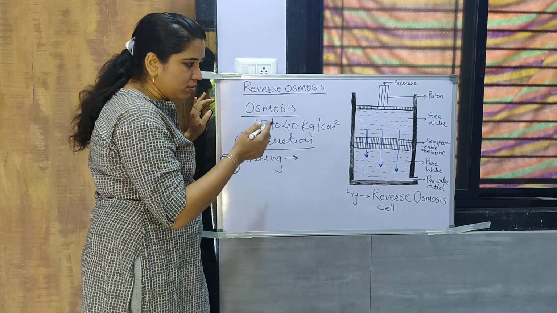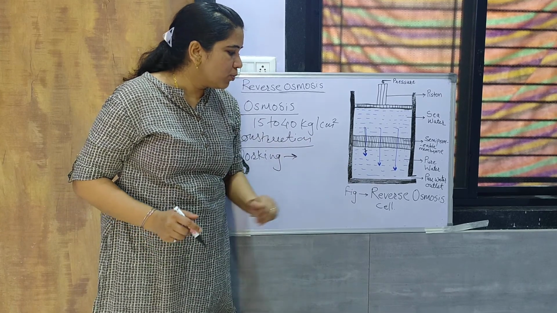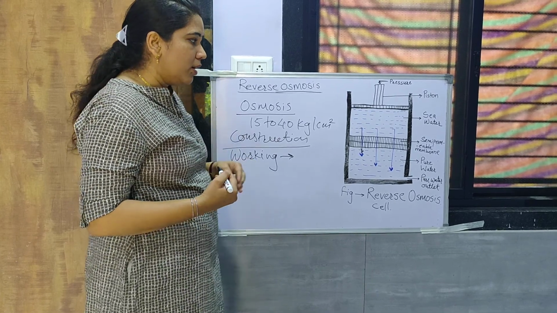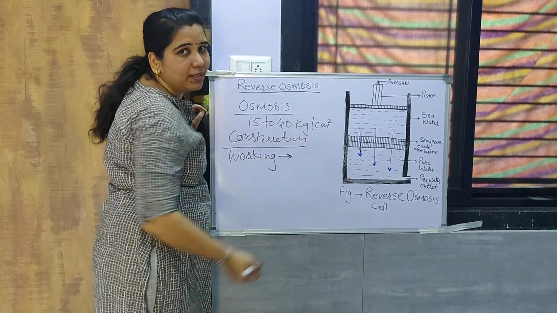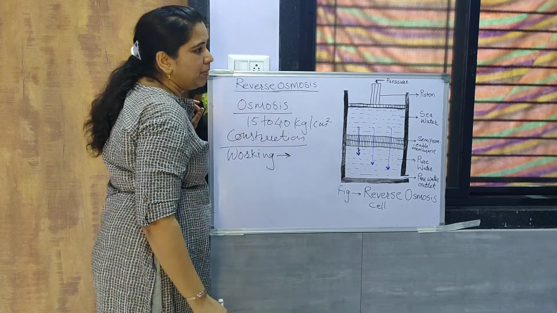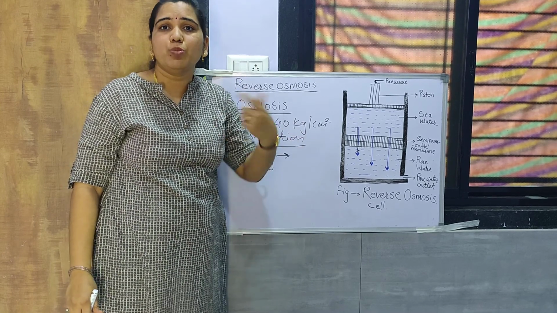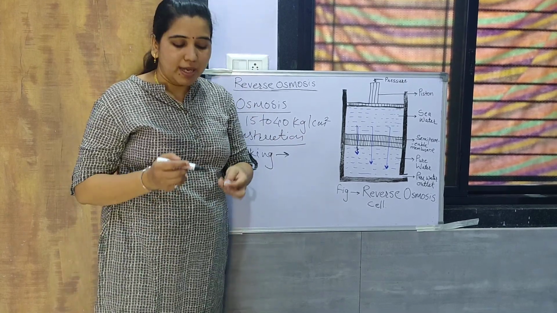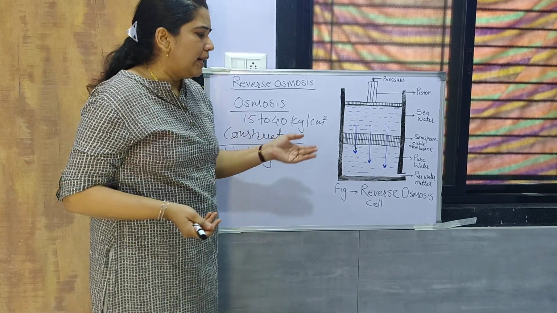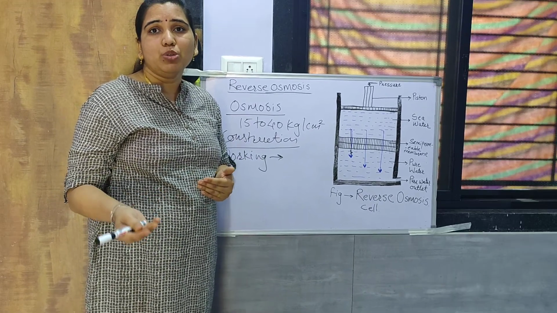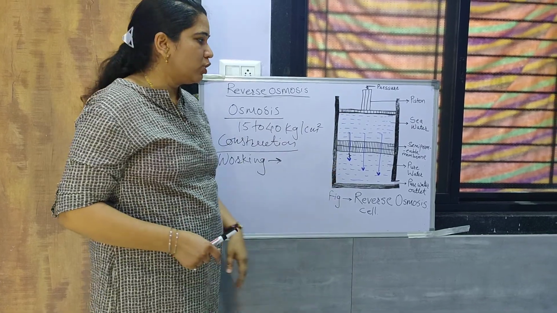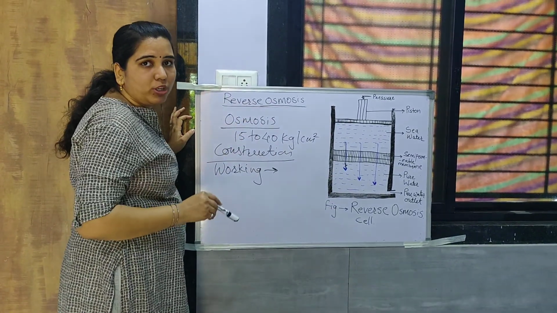So this reverse osmosis cell has its importance or significance. It is also because it has a very low maintenance cost. The only maintenance cost is due to the semi-permeable membrane, because whenever it gets exhausted, it is to be replaced. Generally the time interval for replacing it is 2 years or more, and it requires a very short time, like 15 to 20 minutes, for the replacement, without any interruption of the filtration process. So in this way, this is a very important process.